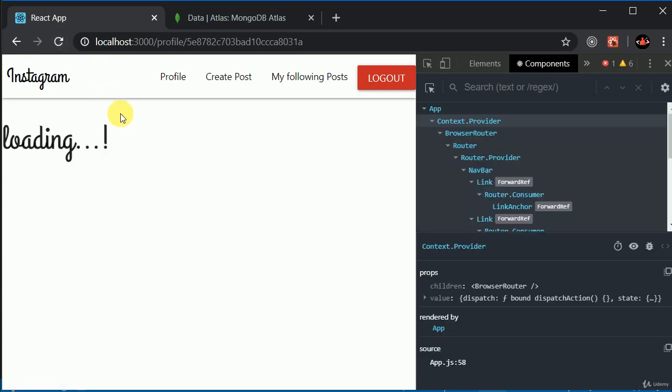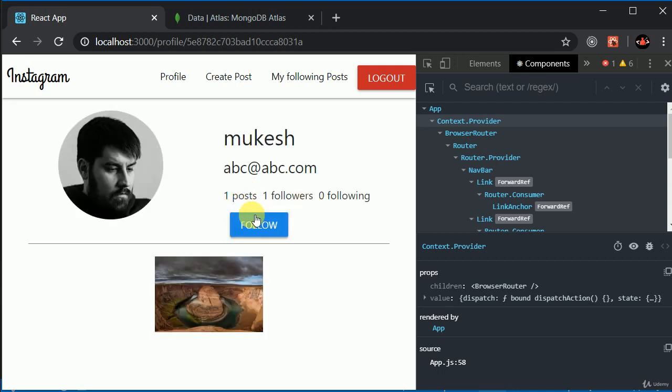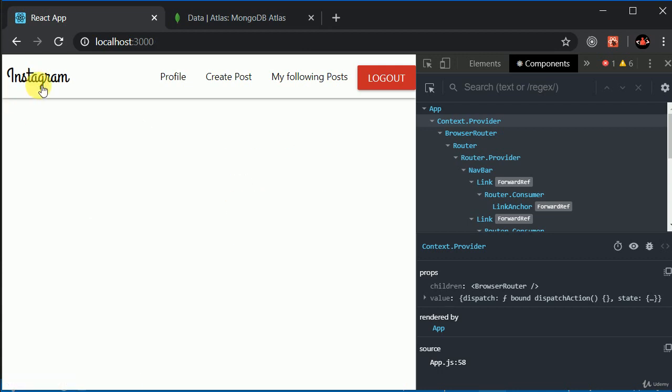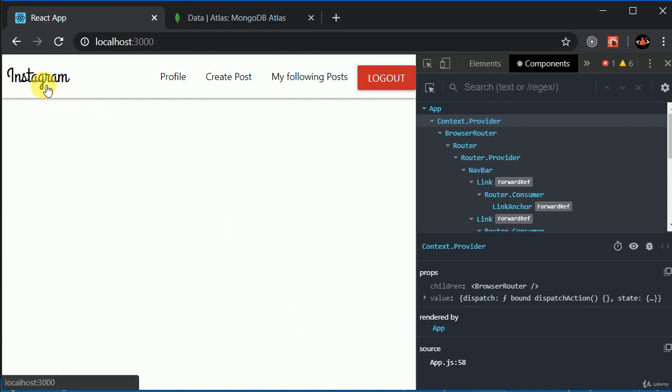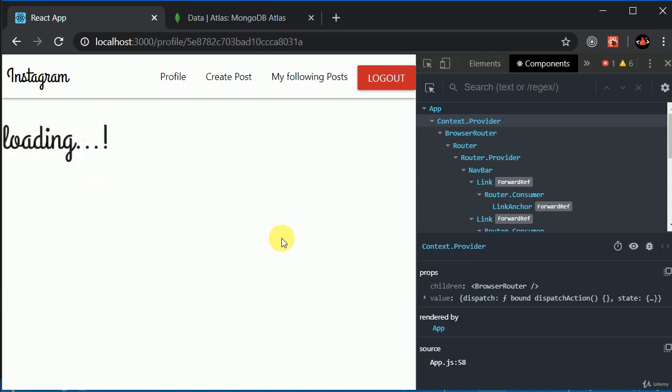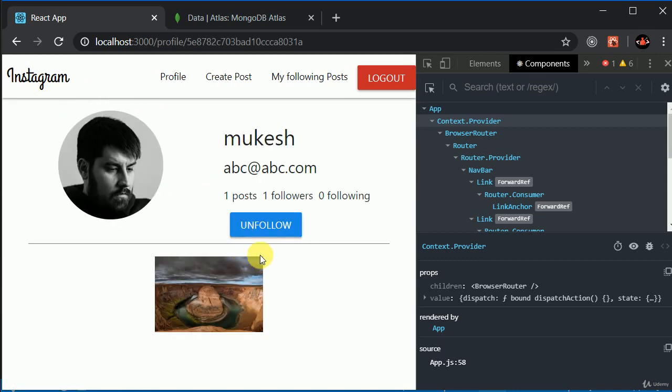Maybe for some reason this is not working. Let's go to home and now let's navigate, and oh, now it is working. So this was really strange. But it is working now. Here I can see unfollow. Now I can unfollow this user, and I can again follow this user. Okay, it is working. If I go back to my home screen and navigate to the user, I should see the unfollow button. Okay, it is working. So now let's work on this user profile upload.